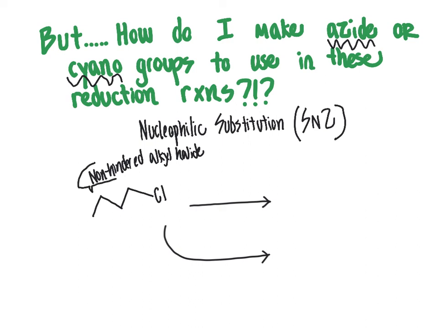This reaction sometimes is effective with secondary alkyl halides as well. The trick being that the alkyl halide has to be relatively non-sterically hindered. So if you have two small alkyl groups bonded to your alkyl halide, that could potentially work in an SN2, but if it gets too sterically hindered, then the steric hindrance is going to be too great for the reaction to occur very effectively. So with a non-sterically hindered alkyl halide, such as a primary alkyl halide, and in some cases a secondary,